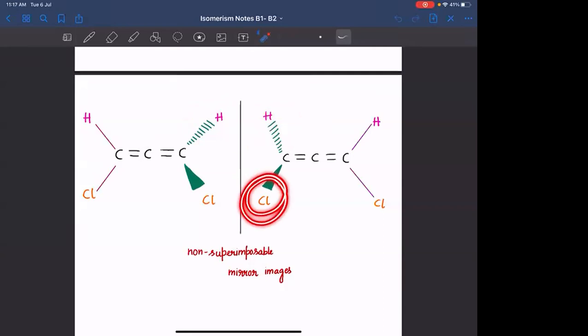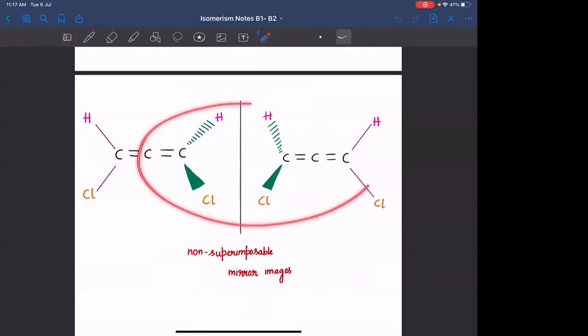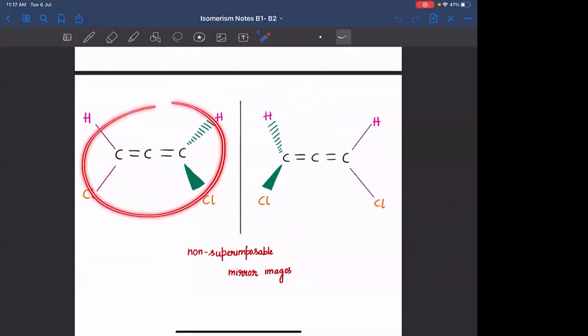This chlorine which is coming out of the plane, after flipping it, मतलब ऐसा flip किया तो this chlorine will be going into the plane. So this cannot superpose with this. Agreed? So these 2 are non-superimposable mirror images. Hence it is chiral. You don't see a chiral carbon in here. Chiral carbon होने के लिए it has to be sp3 hybridized and सारे 4 groups different होना चाहिए. There is no sp3 hybridized carbon here. Clear? This is the most important standard example.